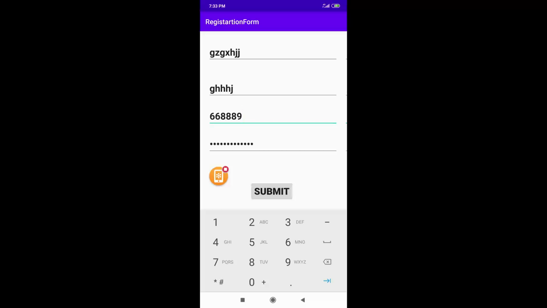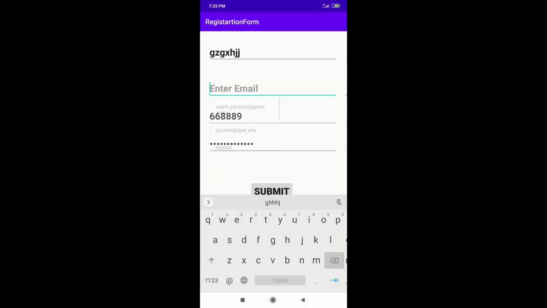As you can see, I'm checking only the easiest part, that is, whether the input is done or not. But that is not actually the correct thing. You have to go for correct validation. Like for email ID, whatever email you enter, at the end, at the rate Gmail or whatever, you have to check it.